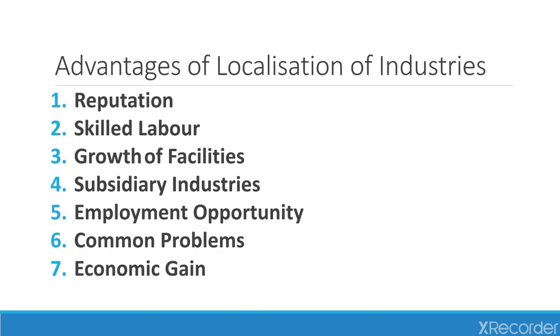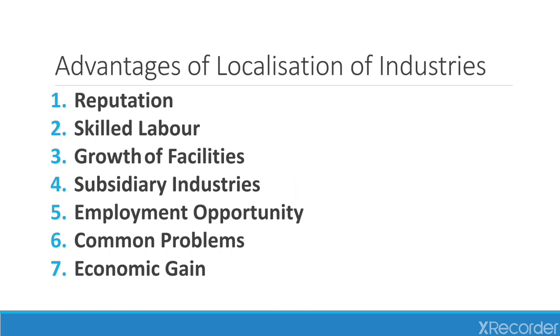Skilled labor. Localization leads to specialization in a particular trade. As a result, workers skilled in those trades are attracted to that place. The localized industry is continuously fed by the regular supply of skilled labor, which also attracts new firms into the industry. Besides, there is a local supply of skilled labor which children of the workers inherit. Again, the example of the watch industry in Switzerland, the shawl industry in Kashmir, etc.